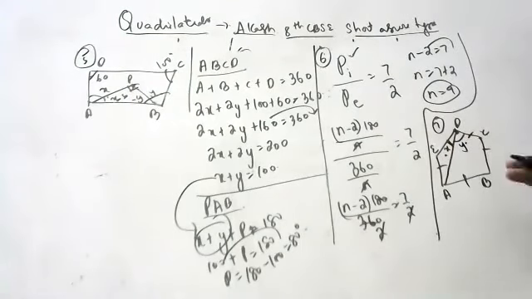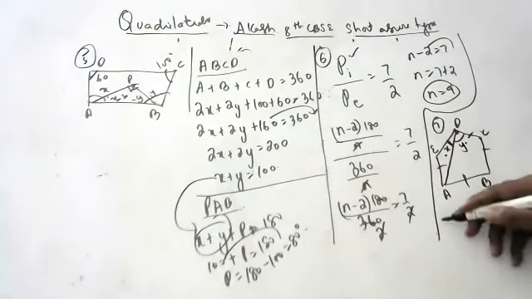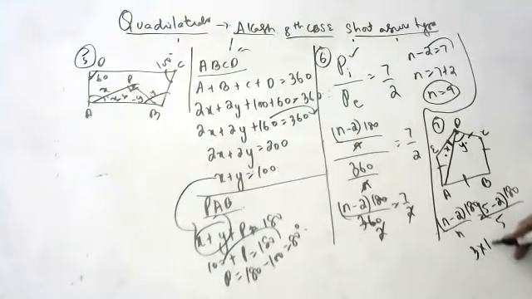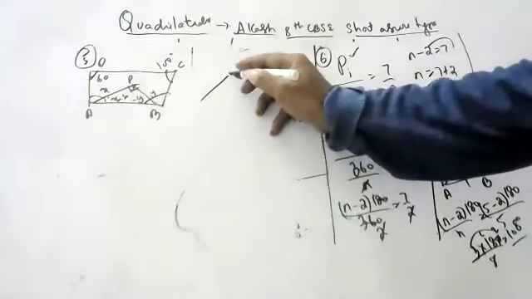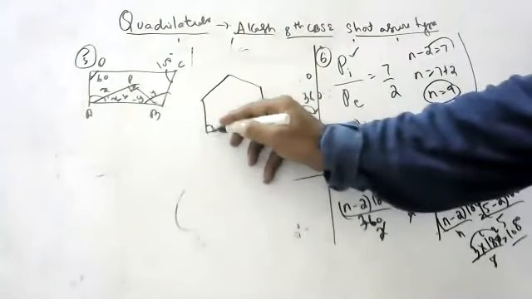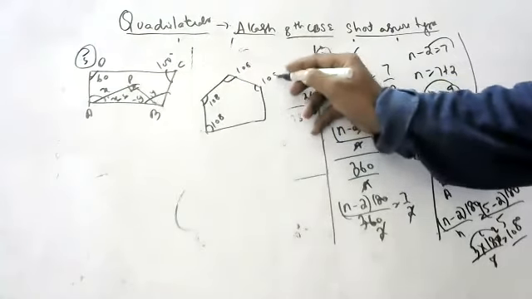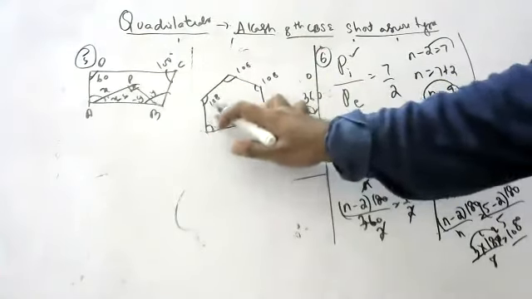Okay, children. Normally, what is the pentagon? (n minus 2) into 180 by n. If you do, you will get each angle. Each angle of a pentagon is how much? 3 into 180 by 5. So 2 3 is 6, 6 8 is 40. 108, children. Each angle of a pentagon is 108. All angles are 108.